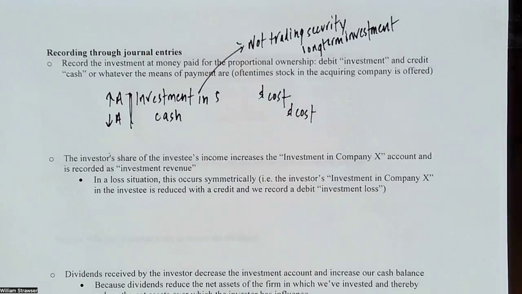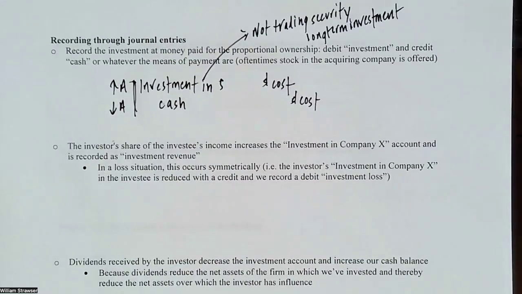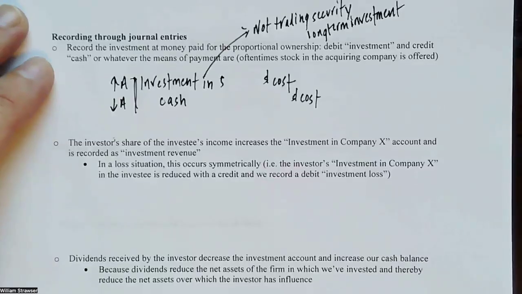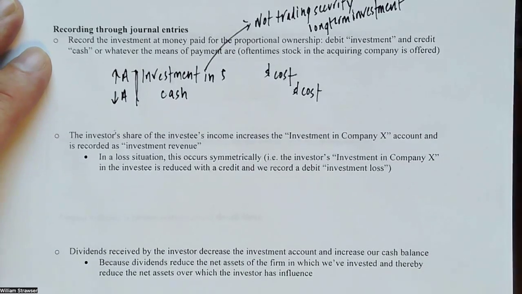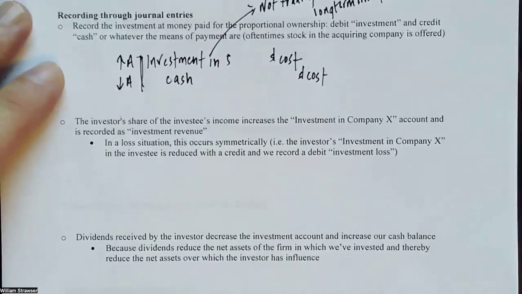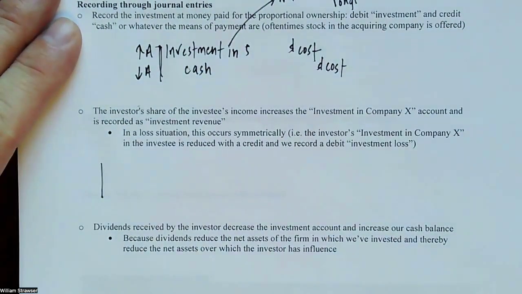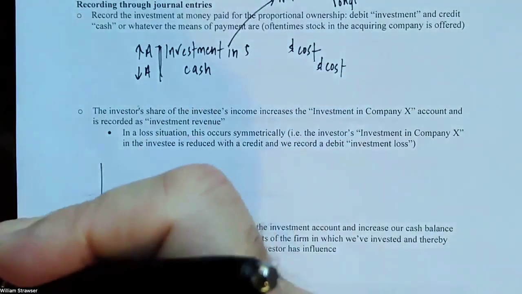And since we're taking that net asset approach, what we're really concerned with recording here, again, is not that price fluctuation, but how does the equity account of our investee change over time? And so we're going to look at that through the two things that primarily affect equity for our investee: income that the investee records and dividends paid by the investee. So if our investee, the stock we're invested in, has net income and reports net income for the period,